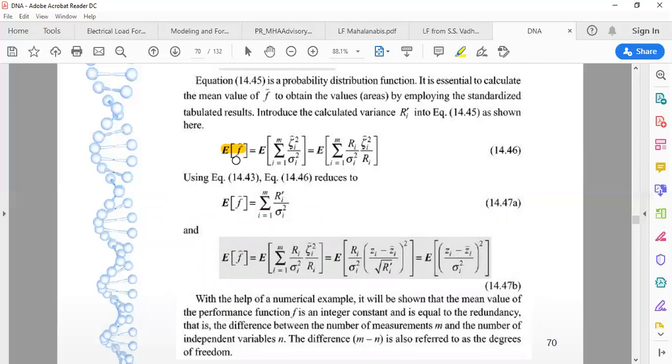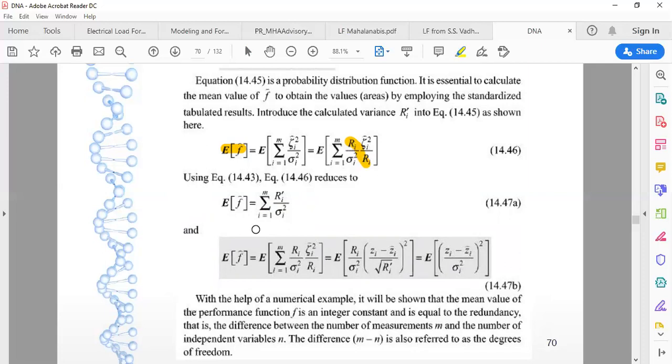So we have to take the estimation. For that estimation, over here we have multiplied numerator and denominator by Ri. What is Ri? It is nothing but the inverse of variance. What is variance? It is the inverse of sigma i square. So over here, numerator and denominator both are multiplied by a variance. See, it is variance. It is not covariance. What is covariance? It is R dash. And what is R? It is variance.